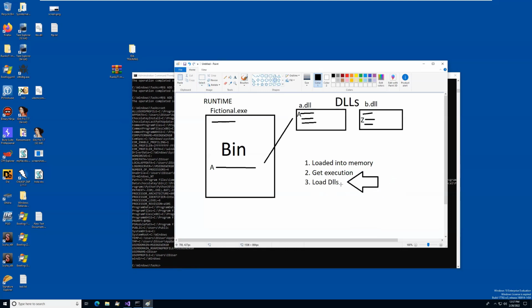When it loads these DLLs, typically DLL injection goes like this: the binary is trying to load b.dll, but b.dll doesn't exist in the path or in the folder or somewhere that this binary is making a reference to. What you can do to inject your DLL is to offer this binary the DLL that is missing, and then it gets loaded into memory at runtime,